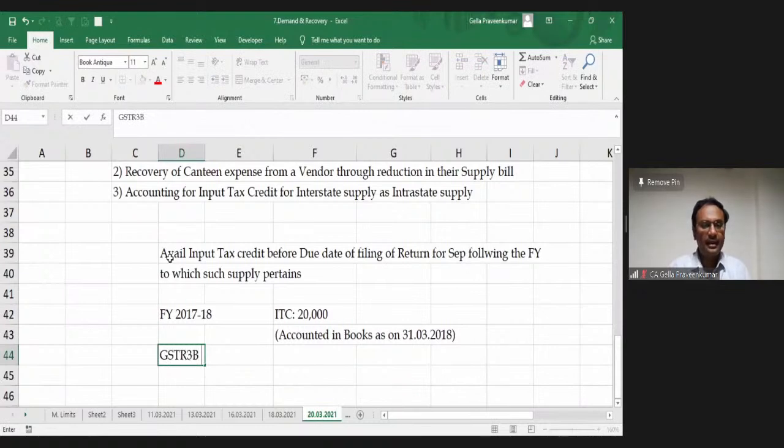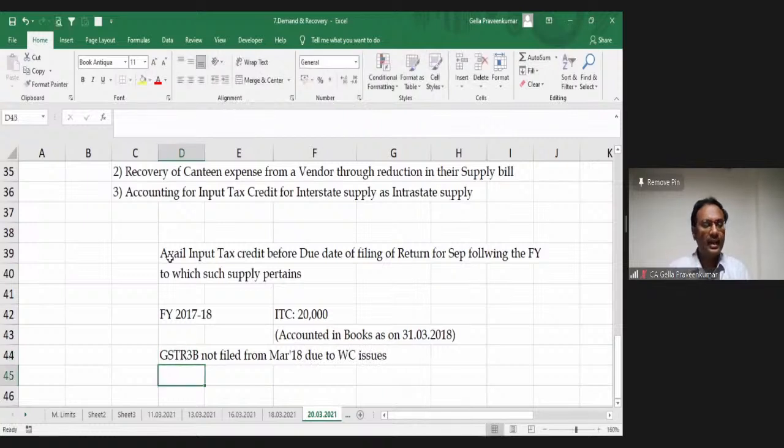GSTR-3B was not filed from March 18 due to a working capital issue. I repeat, the GSTR-3B which has to be filed for March 18 was not filed due to a working capital issue. Till when? Say,